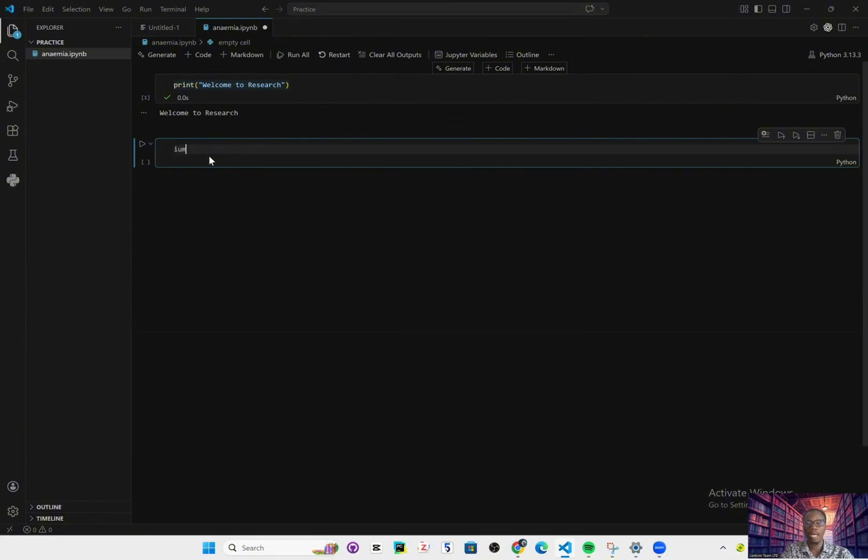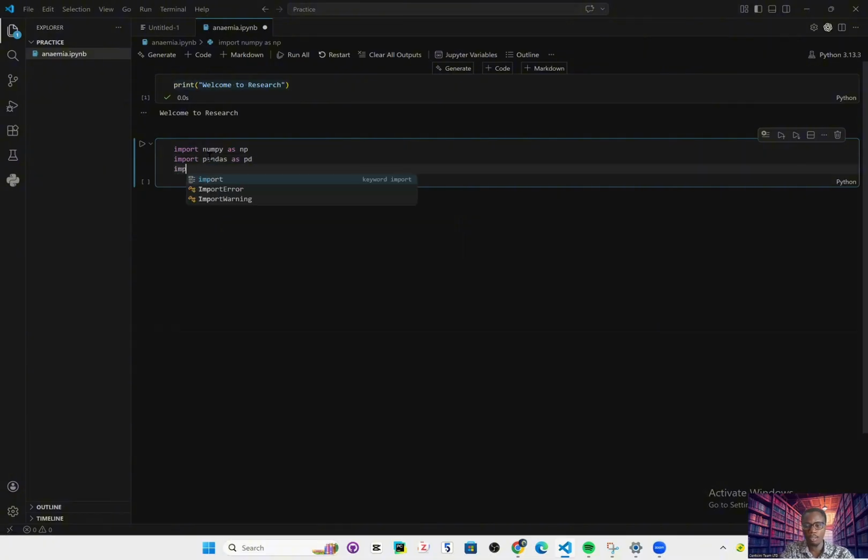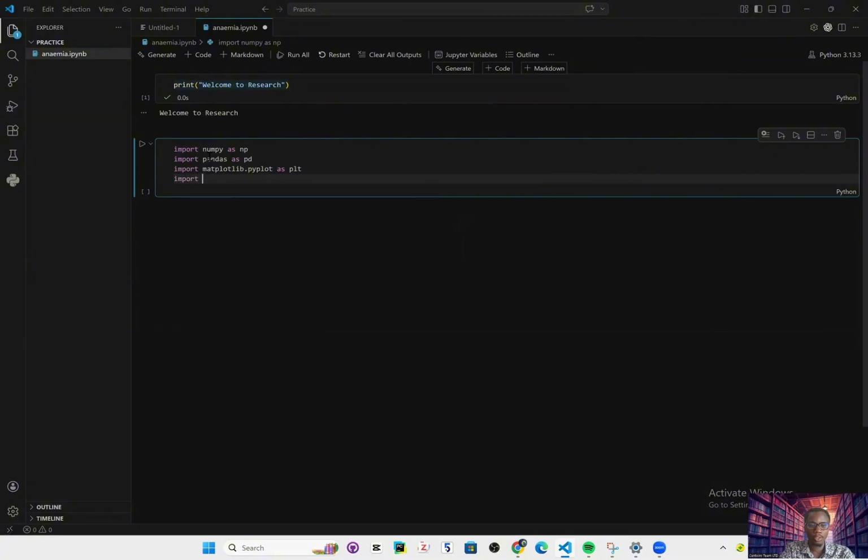So first we're going to start by importing NumPy as np, then we're going to import Pandas as pd. Of course, we are going to import matplotlib.pyplot as plt. Then I'm going to import joblib. I'm going to talk about what we use some of these libraries to do. And then from